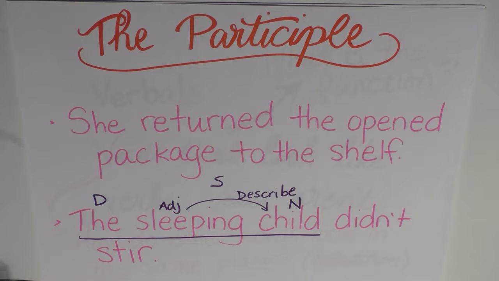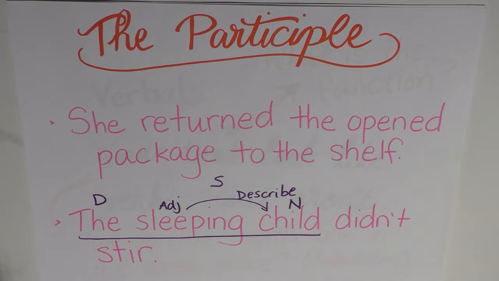The first sentence is an example of the past participle. Now the past participle is the third verb when you do your eat, ate, eaten, play, played, played. And you do those three verbs. You've got present, eat, past, ate, and past participle, eaten. We use it after the "is" in a passive voice. We use it after the "have" in the perfect aspect. And here it is being used as an adjective